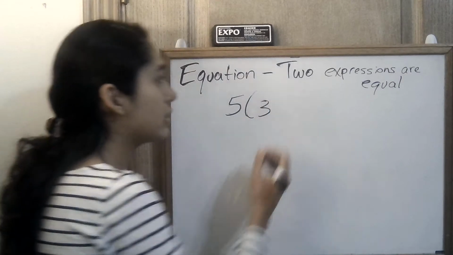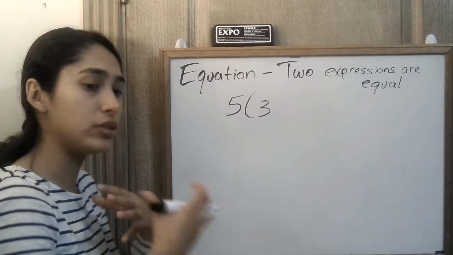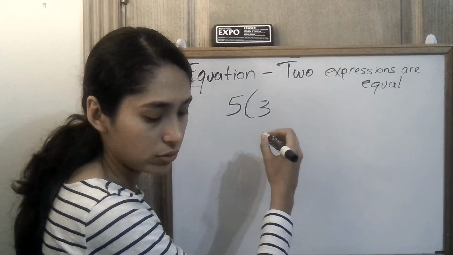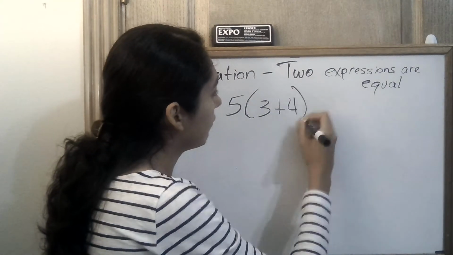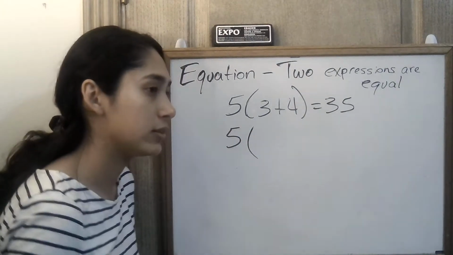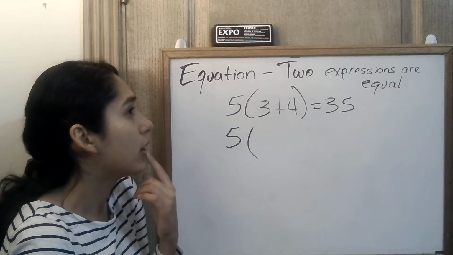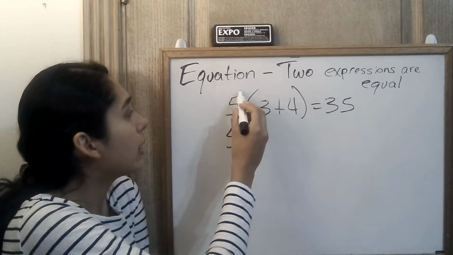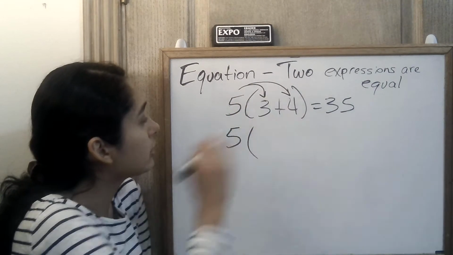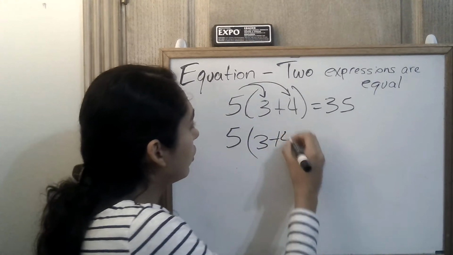So here with these expressions, it's very important to simplify, because when you simplify, then you will be able to determine if both expressions are equal to each other. So what is PEMDAS? Am I going to distribute by multiplying the 5 this way and then doing this? Or could I do instead